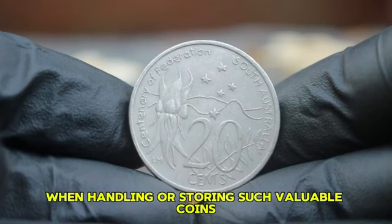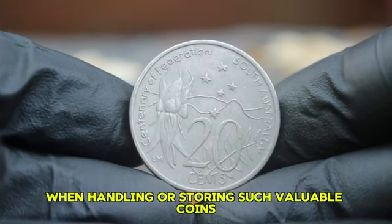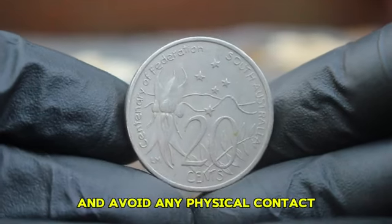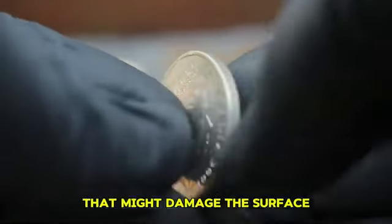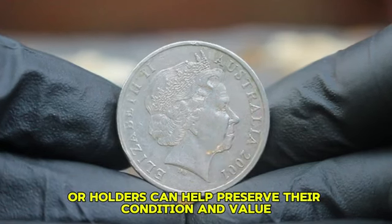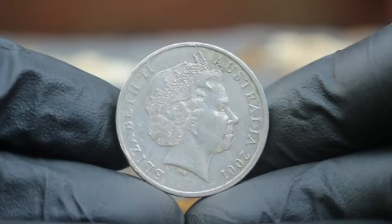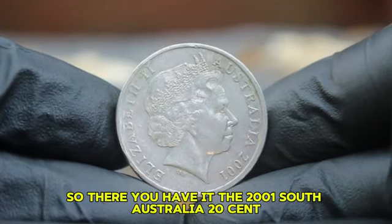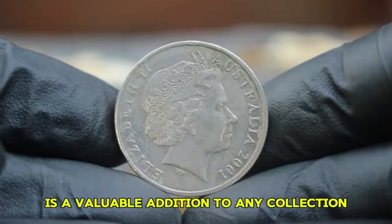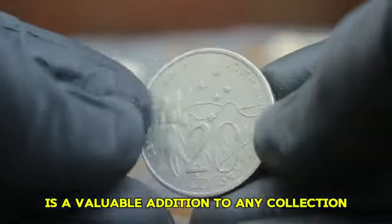When handling or storing such valuable coins, make sure to keep them in a safe, climate-controlled environment, and avoid any physical contact that might damage the surface. Using protective cases or holders can help preserve their condition and value. So, there you have it. The 2001 South Australia 20-cent Centenary of Federation coin is a valuable addition to any collection, with its worth reaching